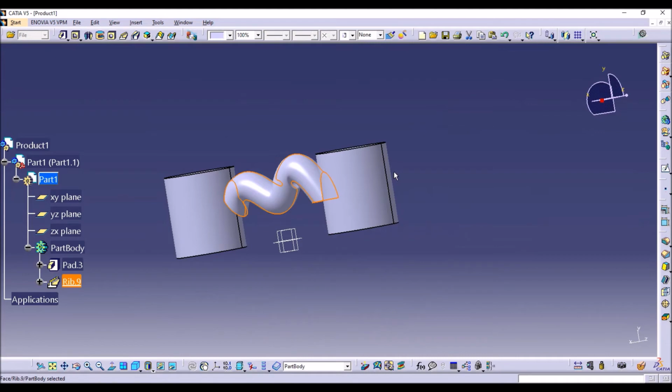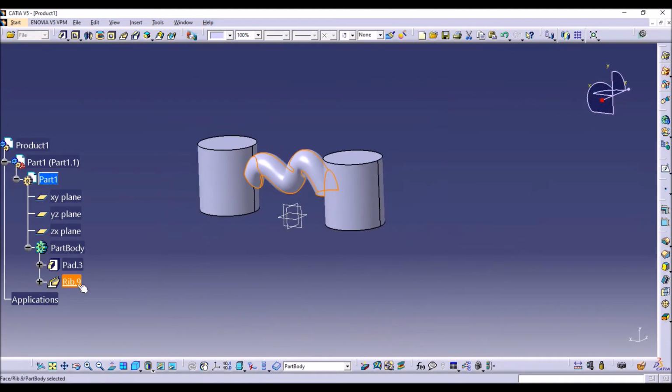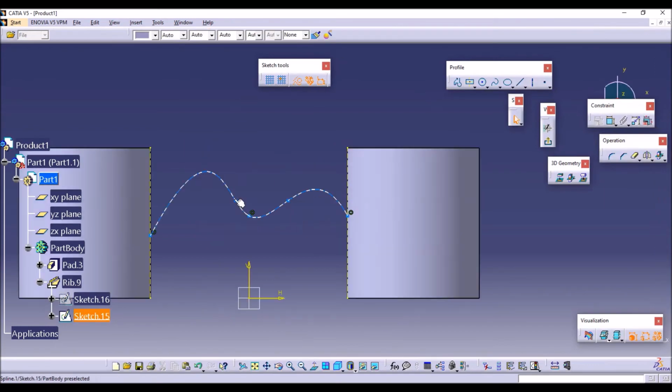So again I'm going to make this spline somewhat smoother. So like this I have made it.